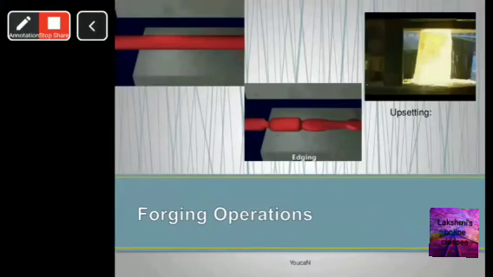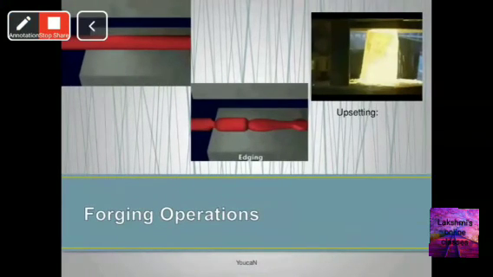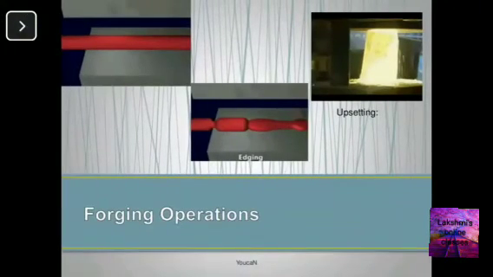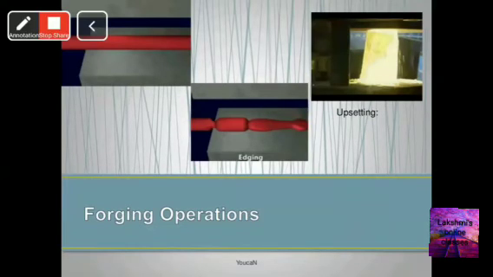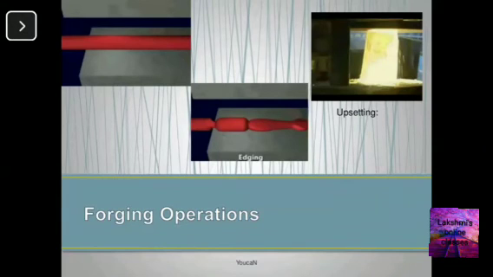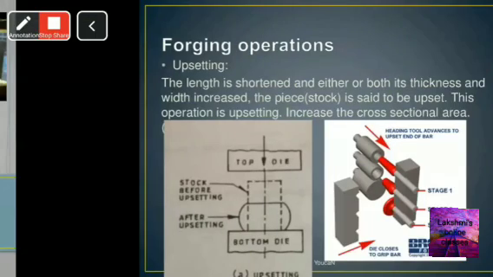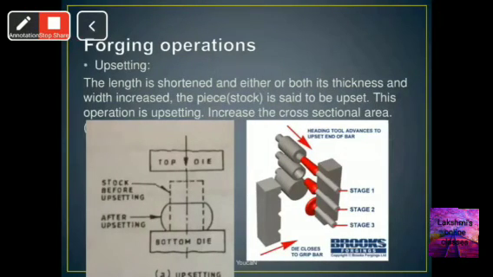Coming to this, this is the forging operation. So these are all the forging operations. Forging means application of high load on that particular specimen. Therefore, it will get the shape of that particular die. Then it is called forging operations. We can see it on our roadside wherever we are doing